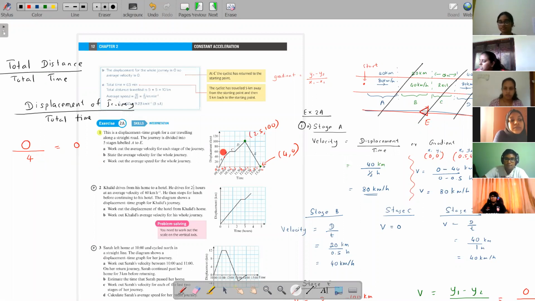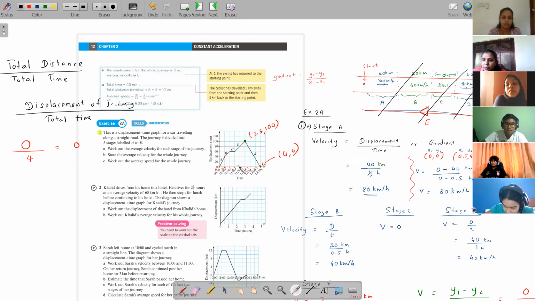Now, think about this journey. Think about it in this graph and tell me how much of a distance you are moving in this entire journey. What is the distance you are moving to complete this journey? Tell me an answer. Give me chat or either you can tell it directly out loud. I want answers from everyone.